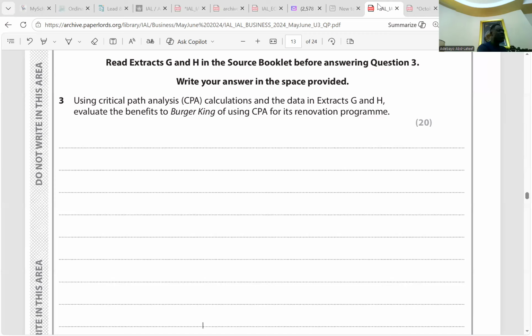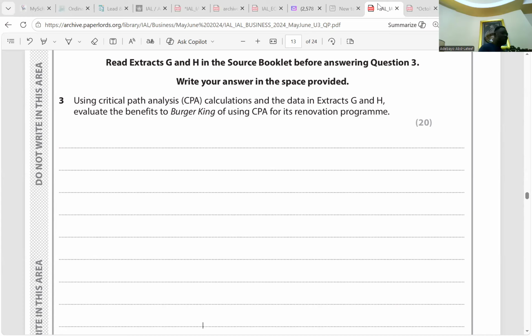CPA is a tool that helps to manage projects as it helps to identify the minimum length of time needed to complete a project. CPA helps to spot activities that have some slack, which allows a better allocation of resources. Let's channel resources into the critical activities because we need efficiency so that we can meet the time. And the CPA analysis is going to take 11 weeks to finish. By carrying out a CPA above, Burger King can see that renovating a restaurant will take 11